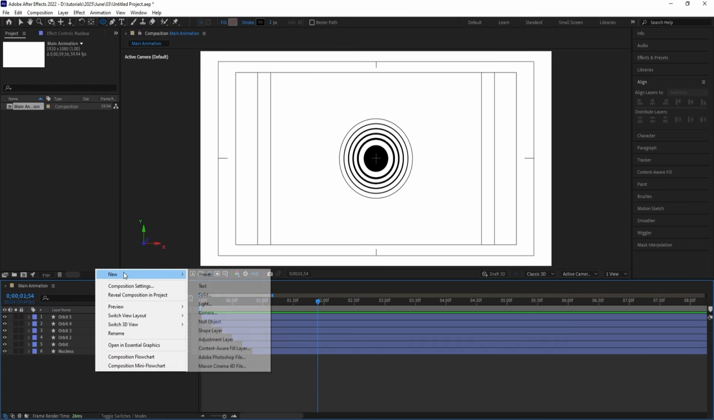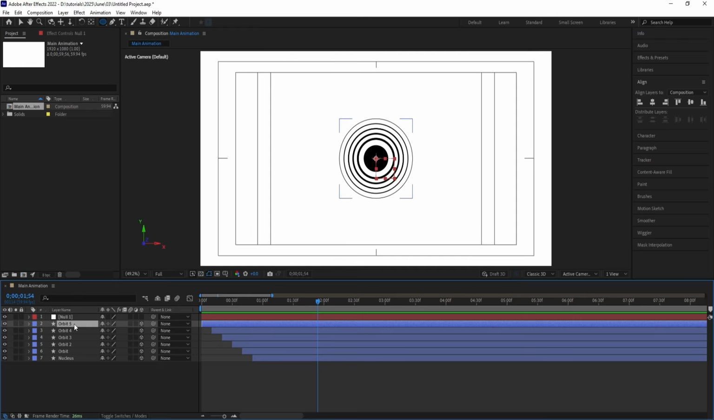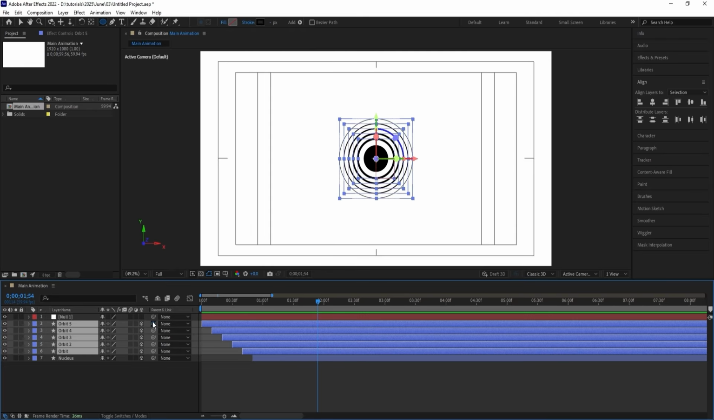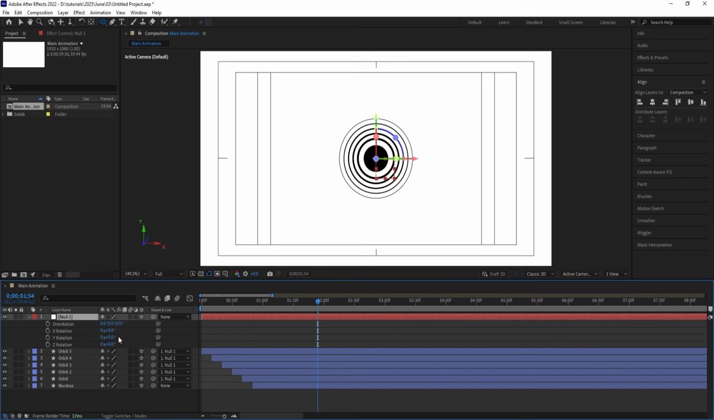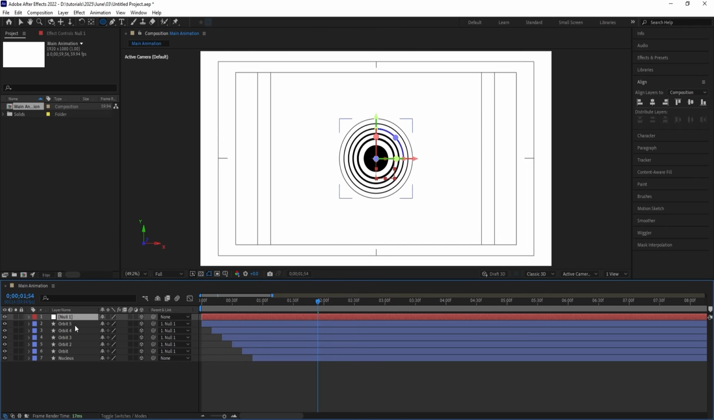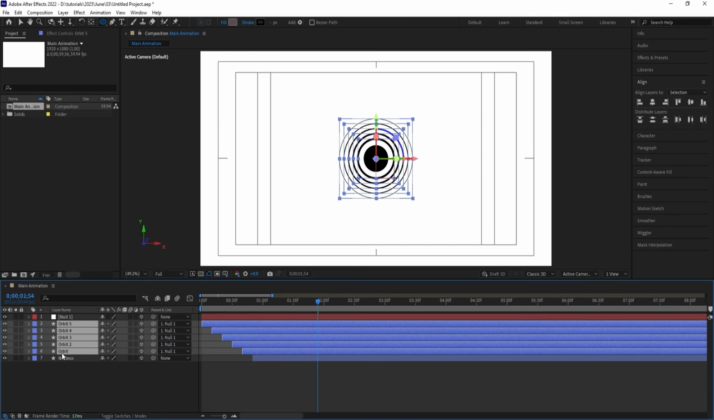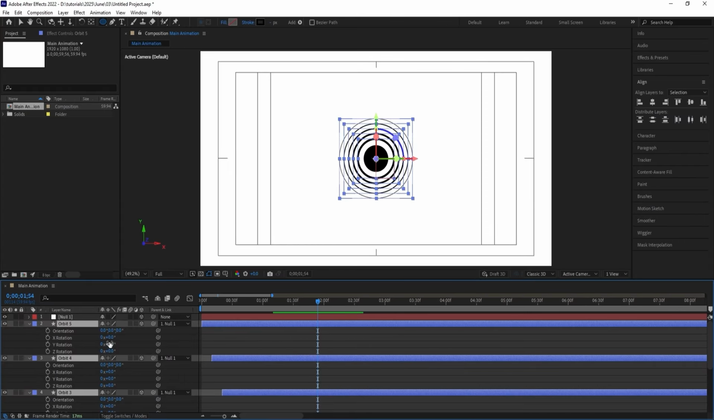Now right click new and create one null object. Select all of them and make it a parent with this null, and select this null and convert this layer into 3D. Now if you press R for rotation, as you guys can see, we will get this kind of rotation over here. Now instead of that, what we can do over here is that we will select all of these orbits and we will press R for rotation,